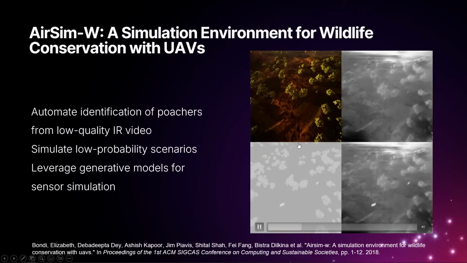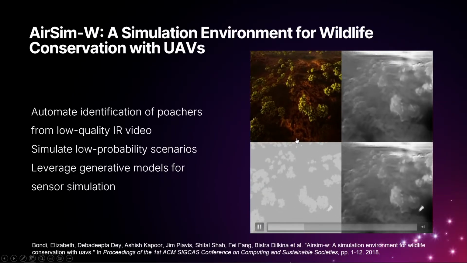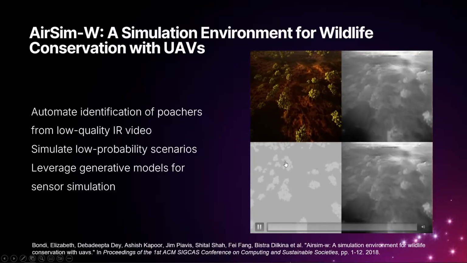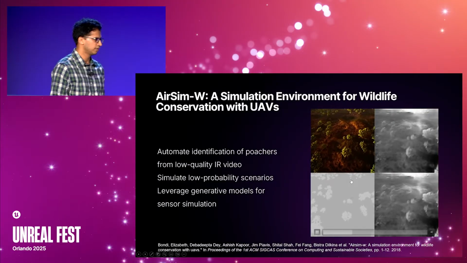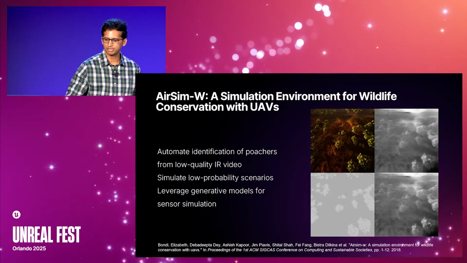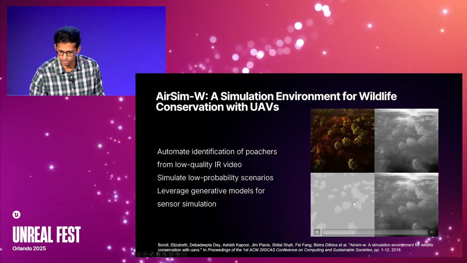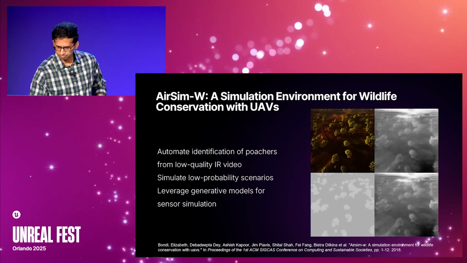And then through AirSim, we also were able to simulate infrared imagery to some extent. So what you're seeing on the top left is a simulation RGB video. And then over here, you have a simulated infrared video, which you can tell doesn't look super realistic, right? It kind of gives you these hot spots of some animals tracking over here. We have the rest of the trees at a different temperature. And as you know, in IR, you have different ranges of all of these.